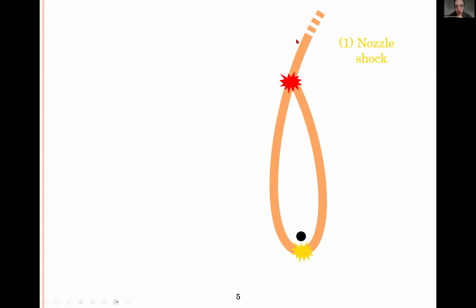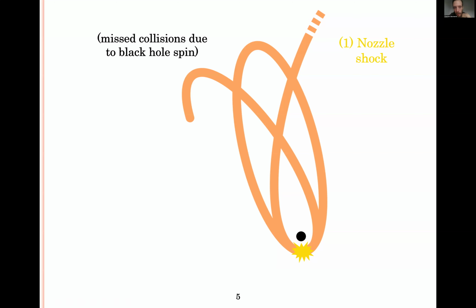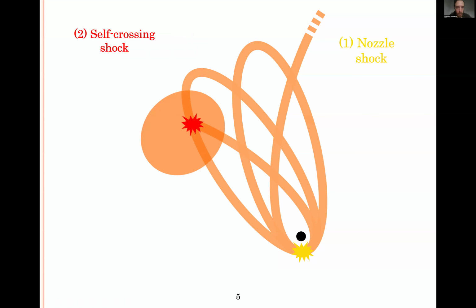All right. So what happens after is that if, due to black hole spin, these two stream components are not colliding, but instead they are passing one above the other, then more revolutions may be necessary, until at some point a collision does happen between the two stream components, only after a delay due to these different windings. And when this collision happens, this leads to a so-called self-crossing shock that dissipates a fraction of the stream's kinetic energy, converting it into radiation energy. And due to the increase in radiation pressure, the gas gets pushed out to form an outflow, which is this spherical